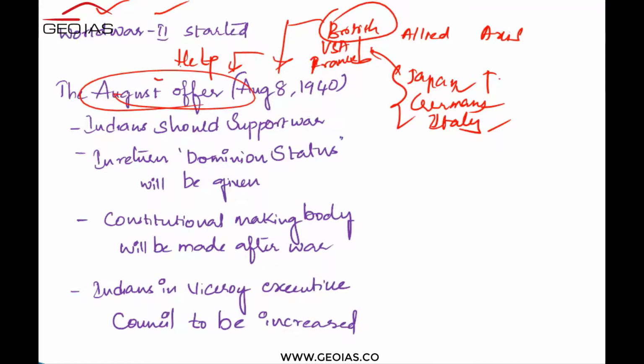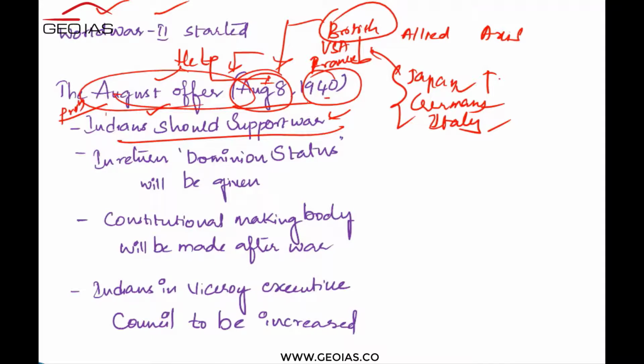Why is it called the August Offer? Because it was sent around August 8, 1940. What are the provisions of this offer? It said that Indians should support this war. If the support of the Indians were given to the Britishers, then in return we will give Dominion status. So what does this Dominion status mean? India will have its own